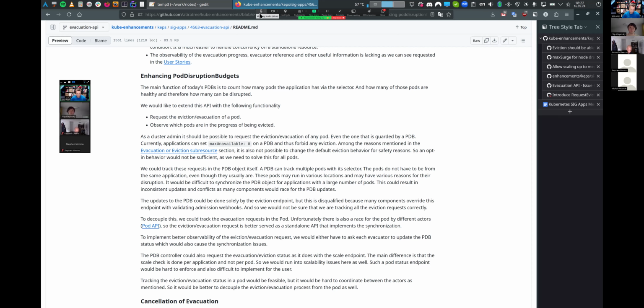Yeah, so I presume it would be in both places. The extension would also be in the disruption controller, so we would actually contact the endpoint to learn how many healthy pods there are. And the same would be done in the eviction endpoint. The API is not fully fleshed out, but I suspect that we could have different statuses returned by these endpoints and codify it in the API. What are the responses when you make the eviction?